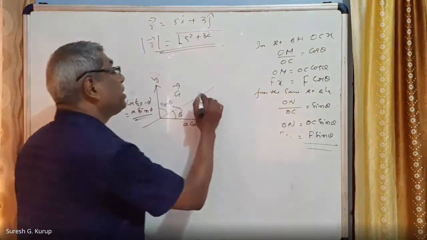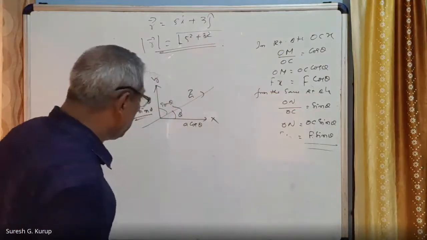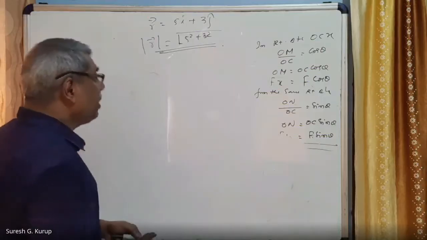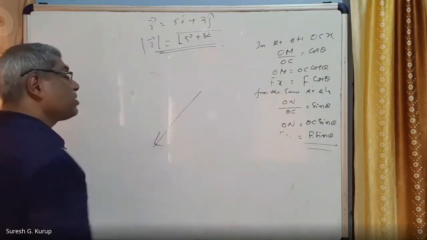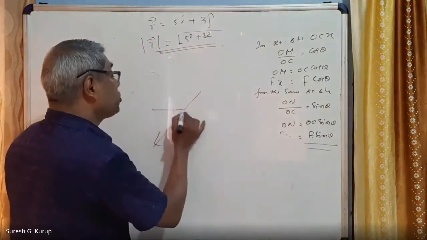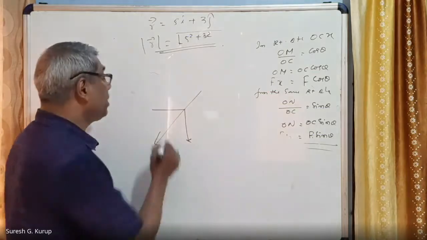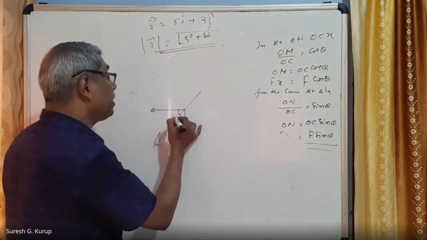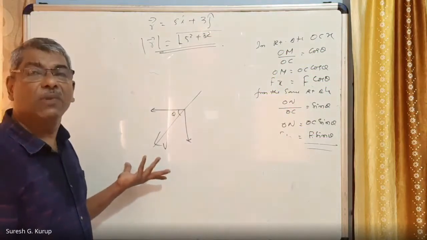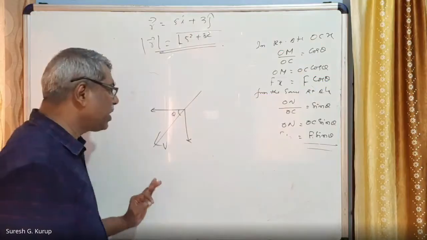So our vector is vector A. Or in another case, suppose it is velocity. A velocity is acting along this direction. One component is horizontal, the other component is vertical. Am I correct? Suppose the horizontal component makes an angle theta. This is the velocity vector. This two-dimensional velocity vector can be resolved into two components. Any vector in two dimensions must have two components.